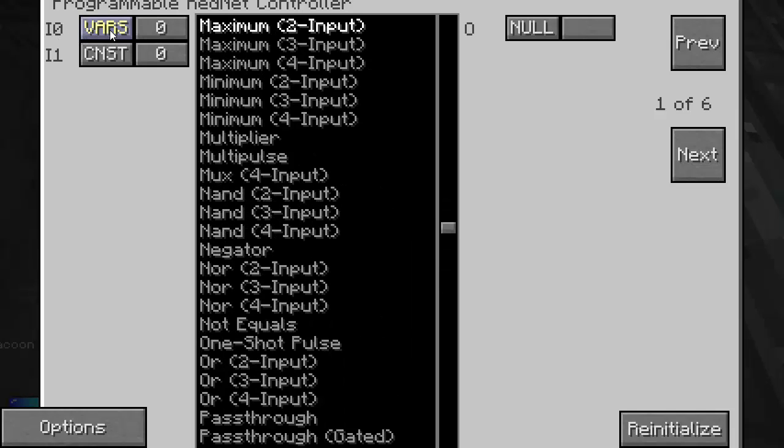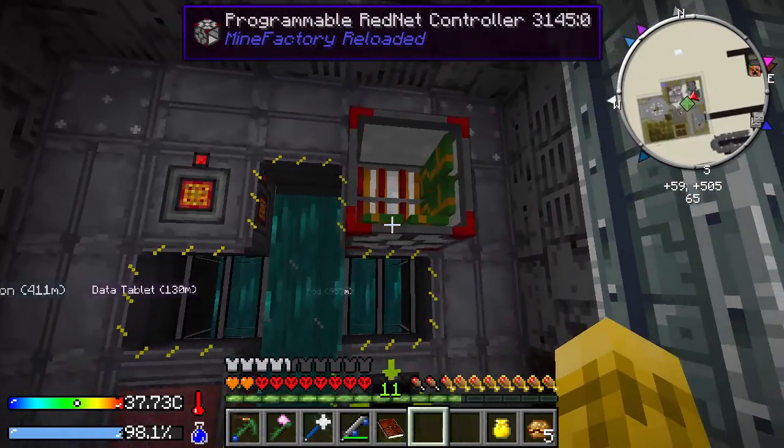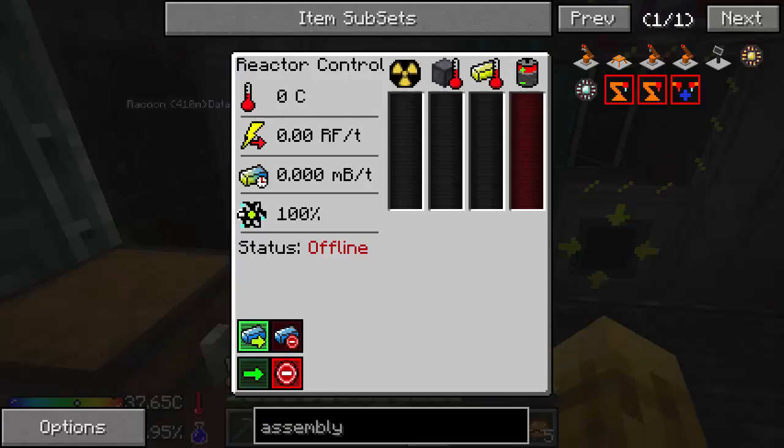Leave one constant, set the other one to the input from the back on the white channel. I guess it's fine. And the other one to the back as well on the white channel. I don't know. That basically just whatever comes in will go out. Oh, but I want to set it to the orange channel because that's how I told the controller to check it. So now if we go ahead and turn this on,